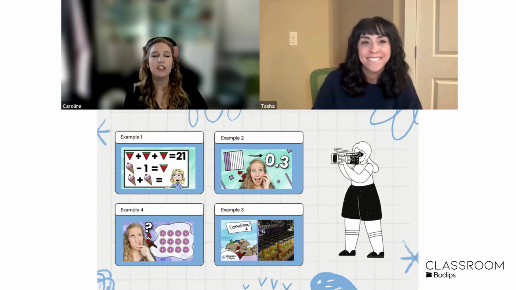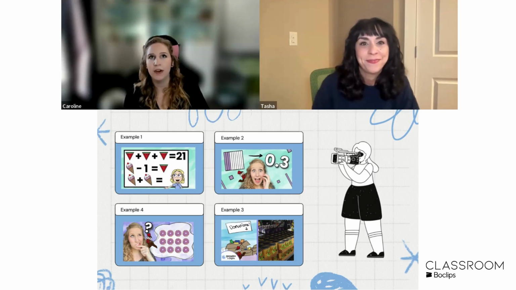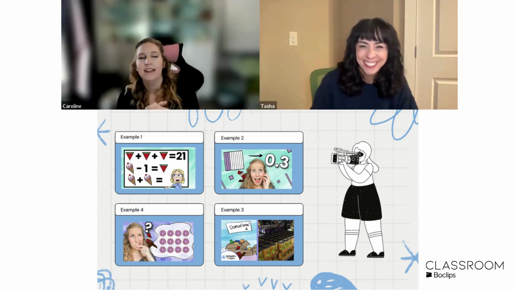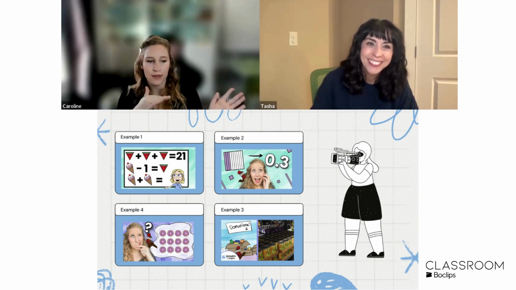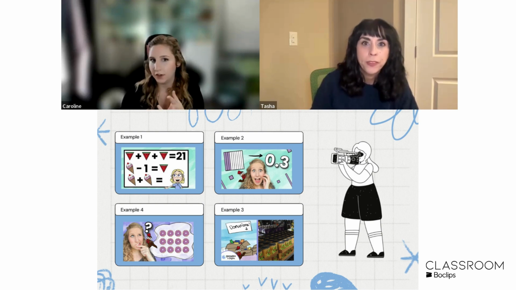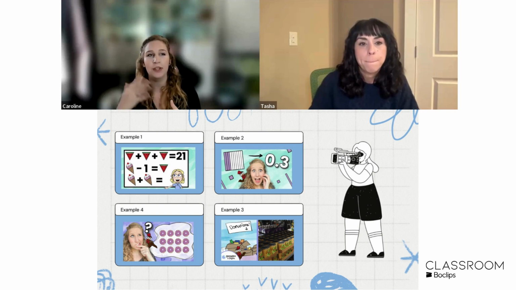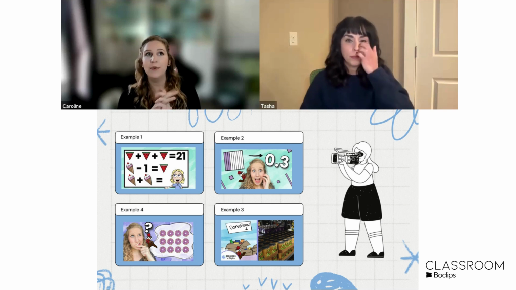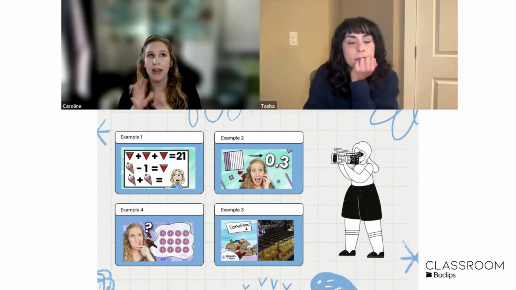So I had just a few examples from my library. Obviously, Boclips has videos for every imaginable topic. For those of you, I mentioned in the beginning, I mainly do upper elementary math, so 3rd grade, 4th grade, 5th grade, or ages 8 through 12. These are just some examples of how I would use different types of videos in my class to supplement a curriculum. Example 1 is I have a bunch of brain teaser puzzles that are visual math puzzles